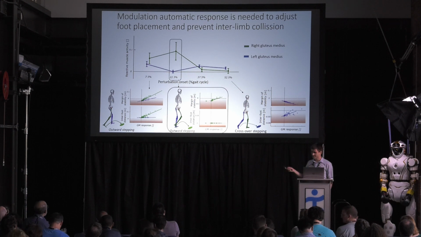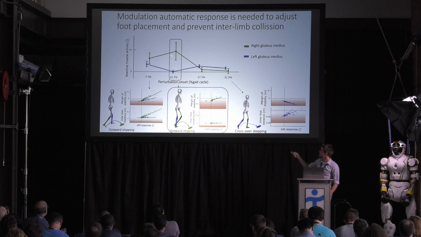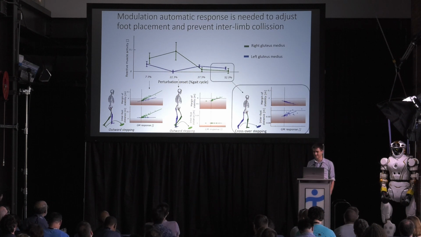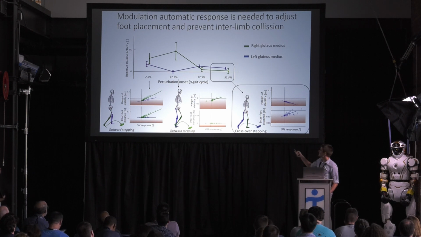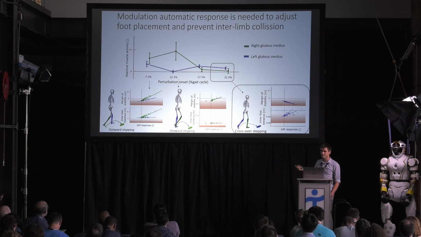For the perturbation a bit later in the gait cycle, we see that the swing leg hip abductor muscle activity that we measured contributes to an increased margin of stability. And then for the perturbations late in the gait cycle, so when we observe this crossover stepping, we see that the activity of the stance leg hip abductor muscle, so the left leg, seems to counteract the inward foot placement and even decreases the margin of stability further, but it seems to be needed to increase the interfoot distance and